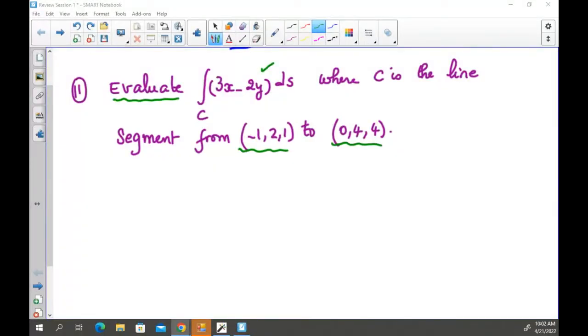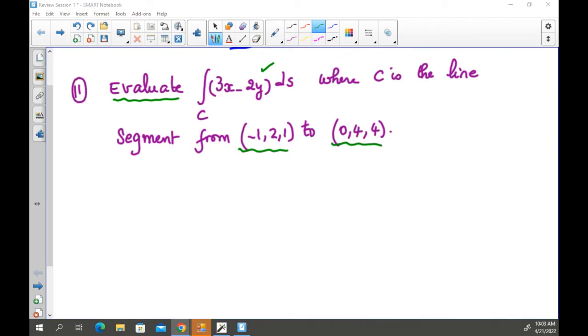Okay, now when you have a question like this, what is the first thing we need to do? So this is a review session. I really would like you to participate a little bit, to answer, suggest what you think are the right ways of solving this. So we have a line integral